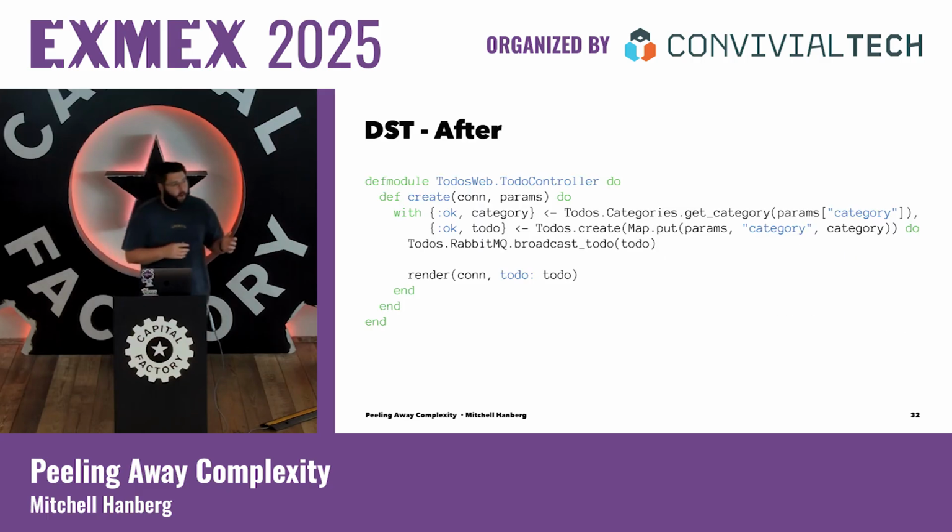Now let's look at what our dungeon could look like after a little cleaning. It's starting to look a little more like a fortress. Here we have our categories get category function, but it's actually pulled up to our entry point in the controller action. And once we get our category, and we only want to make our to-do if we can get this richer data, so we don't even attempt to call the create. It just seems a lot more